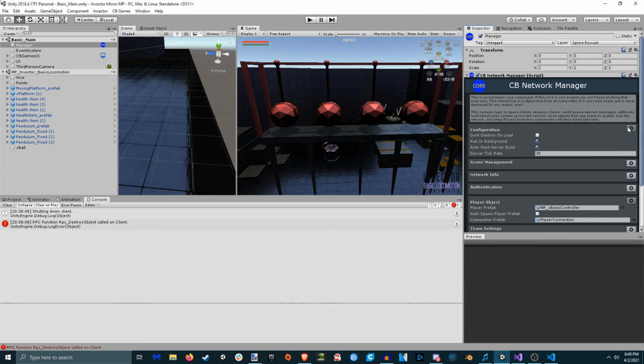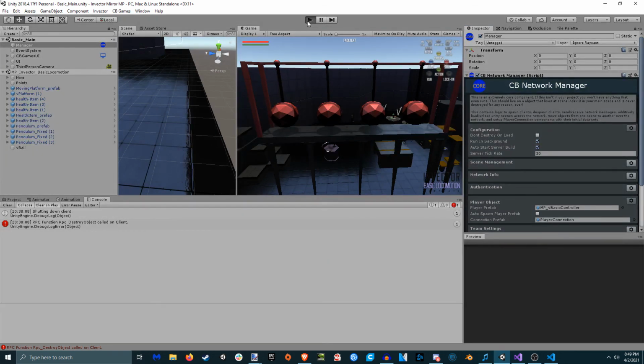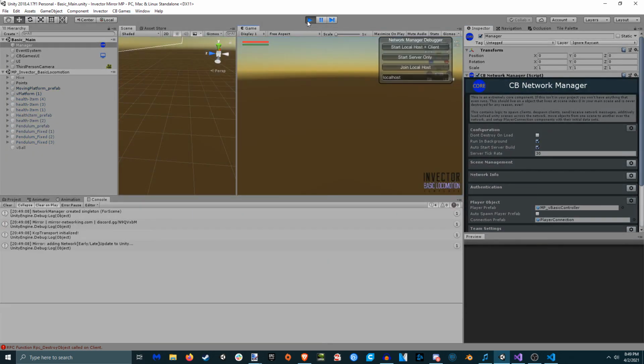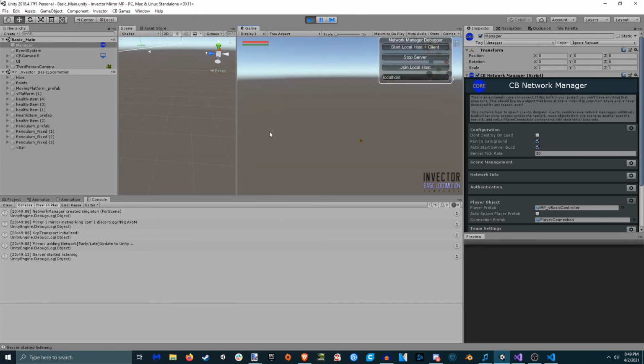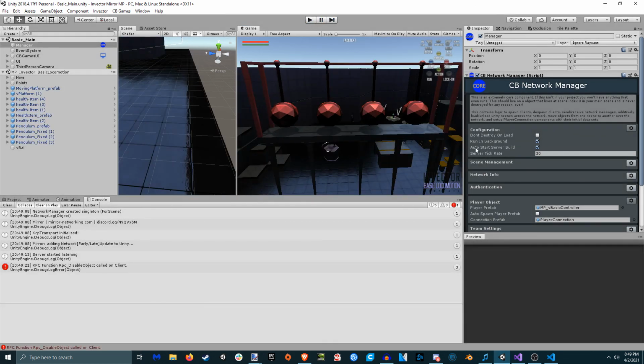Since this is a client, it's not automatically starting a server build. So I have to come in here and say Start Server Only, and it's a server. And you see it didn't make my player connection because it's just a server. So that's what this is doing. Auto Start Server Build, as soon as the game launches, immediately starts the server, which allows other clients to connect to the